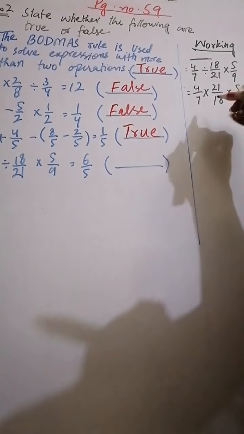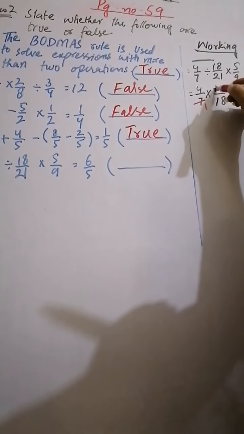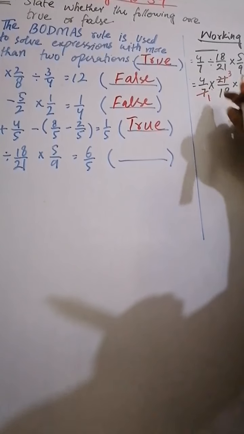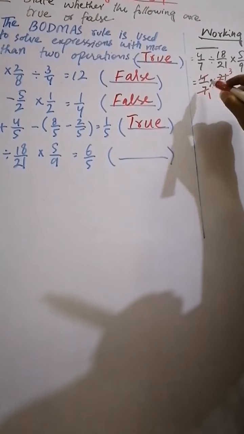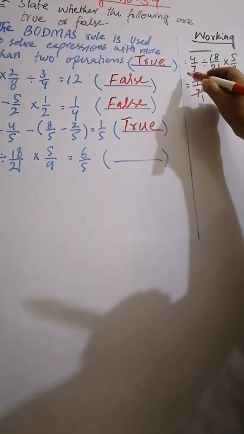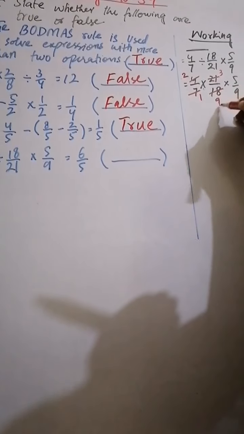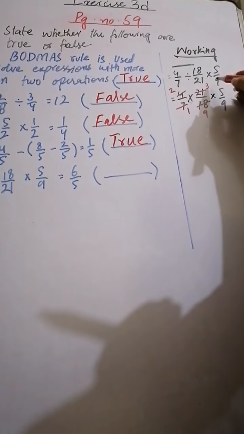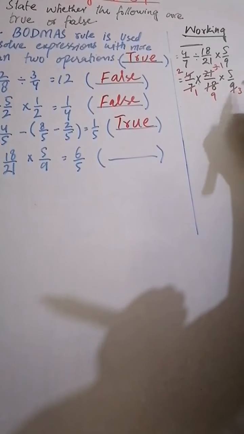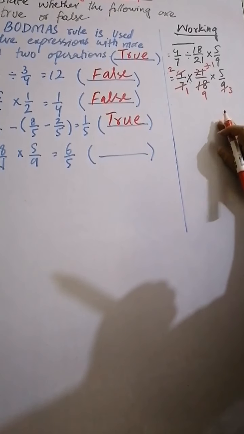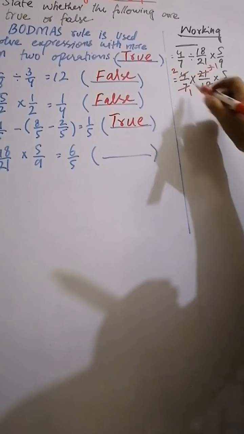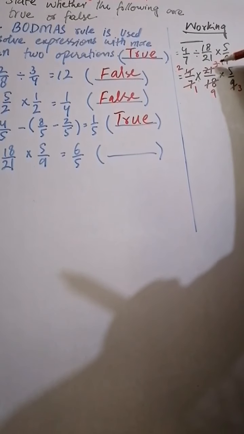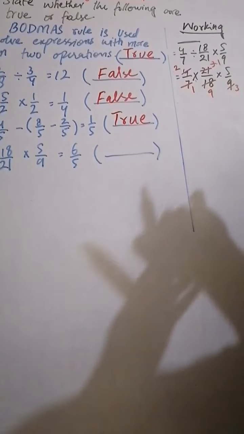So 7 1s are 7, 7 3s are 21, right? Both sides have multiplication. Right. Now it's 4 and 18, it will be 2 2s are 4 or 2 9s are 18, right? Cutting is happening. Okay, this too. 3 1s are 3, 3 3s are 9, right? Okay, I have done this cutting. 2 2s are 4, 2 9s are 18, 7 1s are 7, 7 3s are 21. This 3 got cut with this. 3 1s are 3, 3 3s are 9.